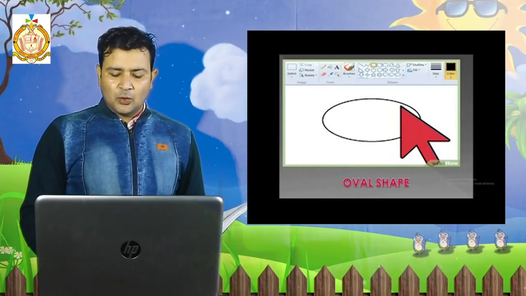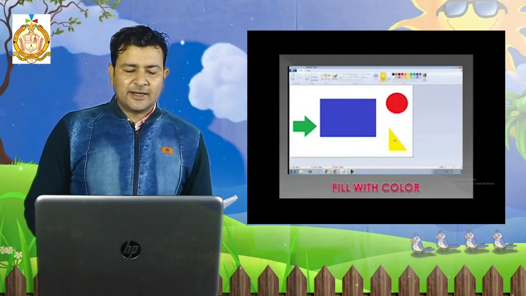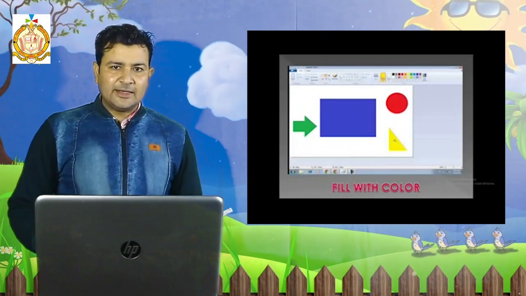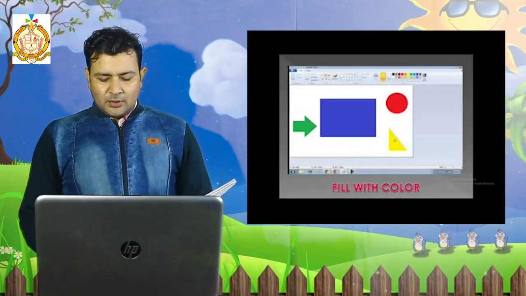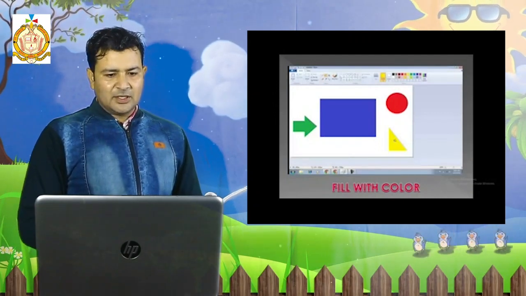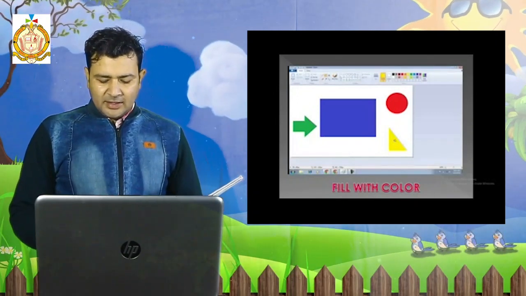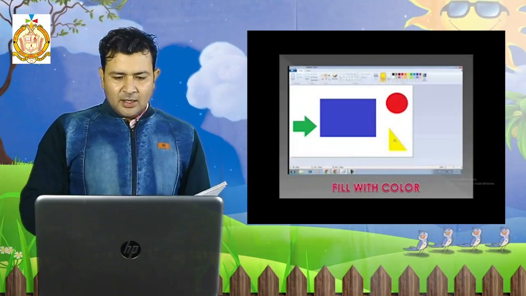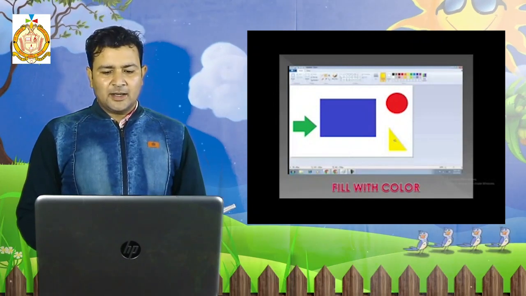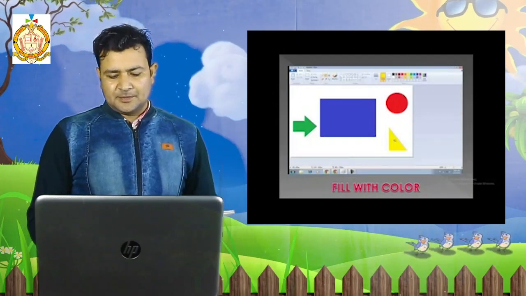Now again we want to put color. As you can see on the page, different shapes are there and there is color in these shapes. Then what are the steps to put color? It is very easy. Click on Home, then click on fill with color. This is the box, fill with color; in the beginning I gave you an introduction about this box. Then click on a color. You can select any color and put it, like here in the first arrow I put green, then blue, red and yellow. These are the different colors. You can use the same colors according to your choice.